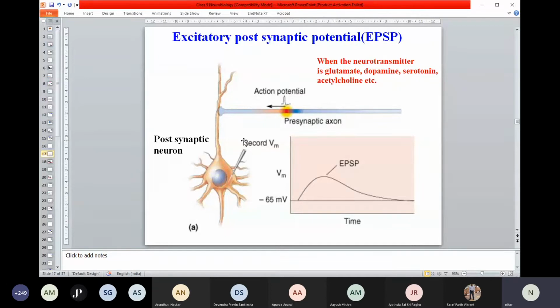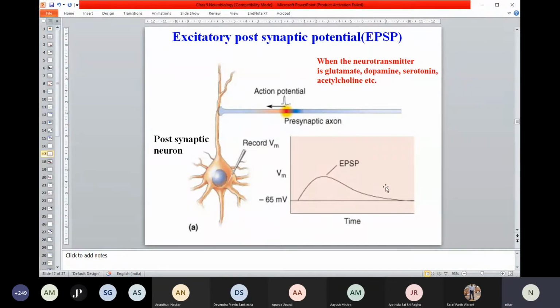So if you put an electrode, you'll be able to measure the voltage. And if you do that, you can see if this neuron is getting fired or activated, you'll be able to measure the potential change. In normal circumstances, the voltage is about minus 60 millivolts. Once this neuron gets activated after binding with the neurotransmitter, there is a change of voltage. In this case, this voltage is named differently. It's called excitatory postsynaptic potential. It is nothing but an action potential, but it has a different name. Excitatory postsynaptic potential.